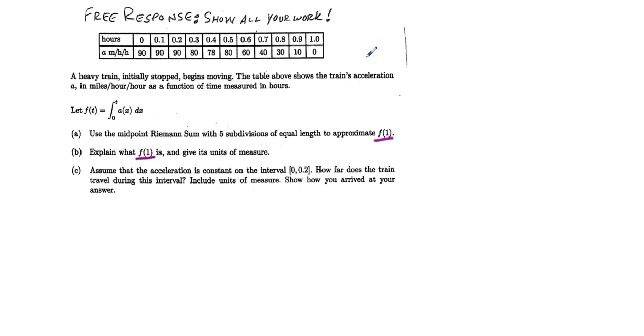So we're going to estimate, and this problem is one where if you can just sit back and realize our relationship between, now we've talked about for a long time now, position, then the next level below that is velocity, and the level below that is acceleration. And we're given acceleration. The table shows acceleration, and so we're going to try to find what f of 1